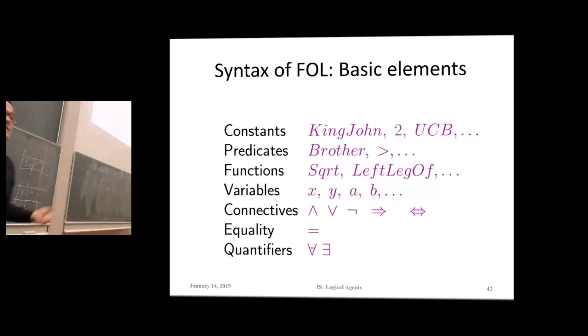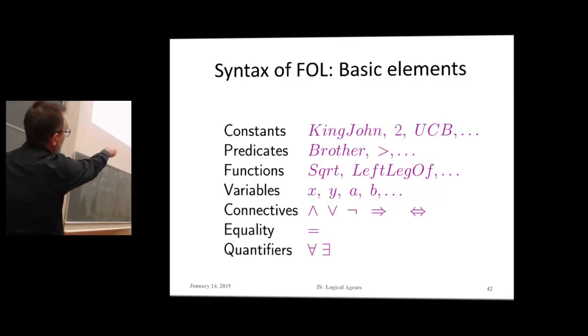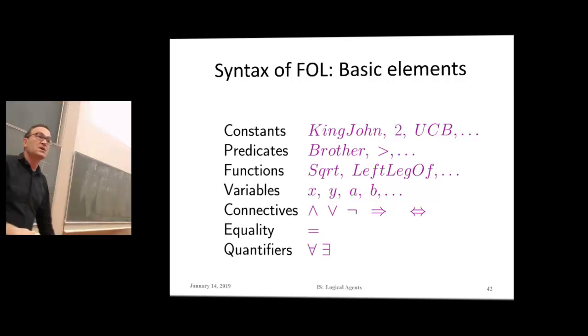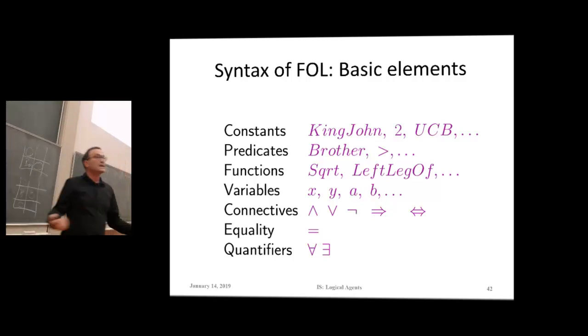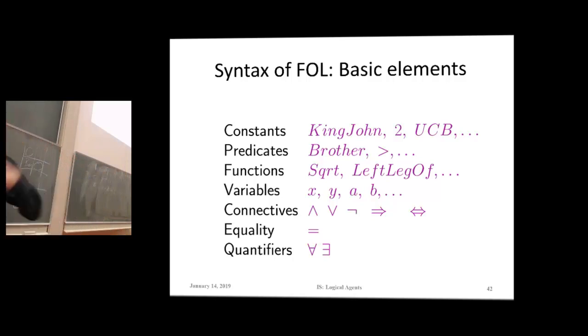We have connectives, so the operators. These are now the same operators that we've seen before in propositional logic. We might have equality, and we have definitely quantifiers, the universal quantifier and the existential quantifier, where we can make statements over all the possible interpretations for a specific variable, or for a specific one, that there must be a